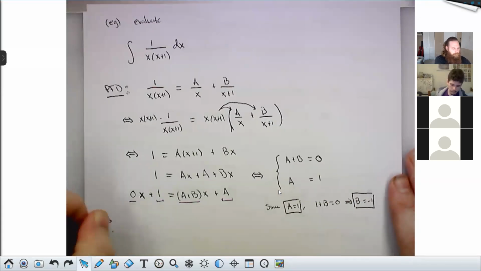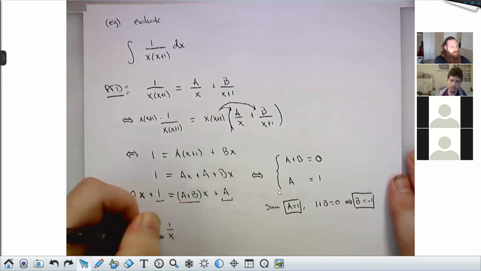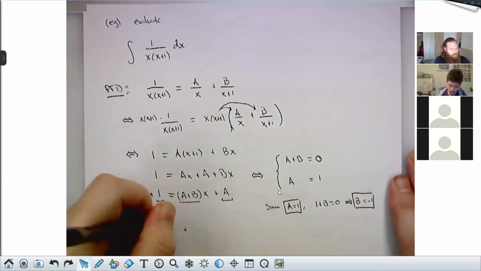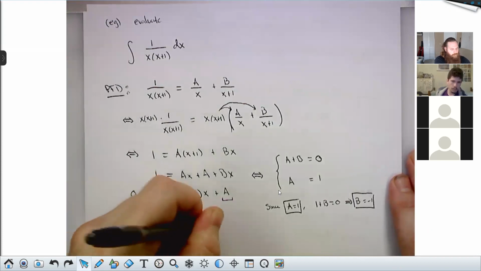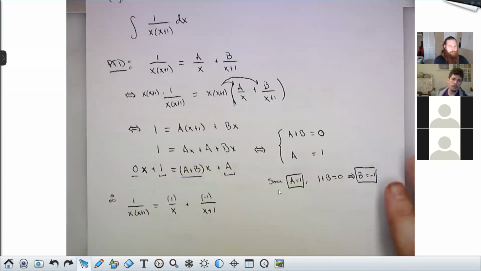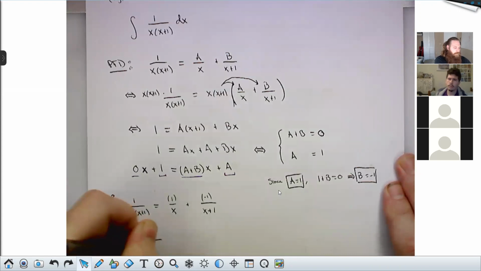Therefore, 1 over x times x plus 1 is equal to a over x, which is 1 over x, plus b over x plus 1, which is -1 over x plus 1. Therefore, the integral of 1 over x times x plus 1 dx